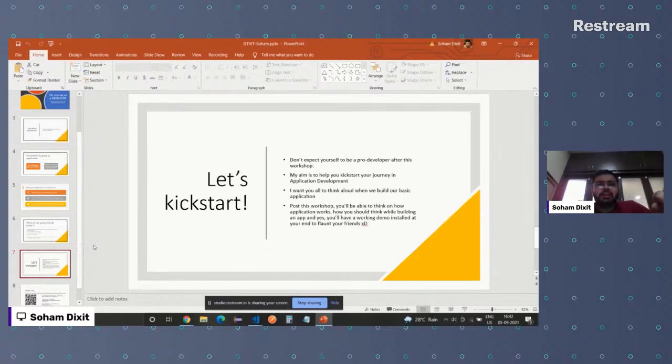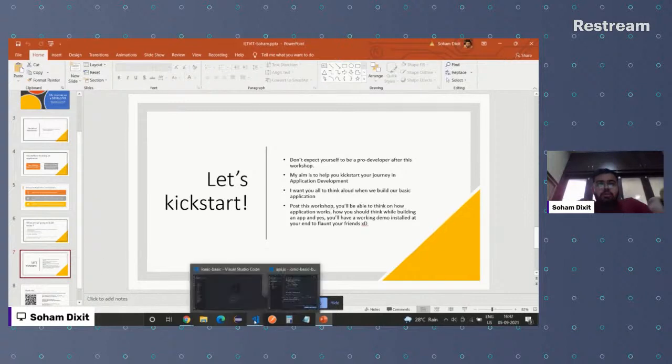And other than that, I'm not going to talk much about how Android functions, because I'm not going to target this as an Android development workshop, it's an application development workshop. So I won't focus on things like activities, intents, broadcast receivers, service providers, services. If you want to read it in that detail, you can check it out on the internet. But that's not something I'll be focusing on.